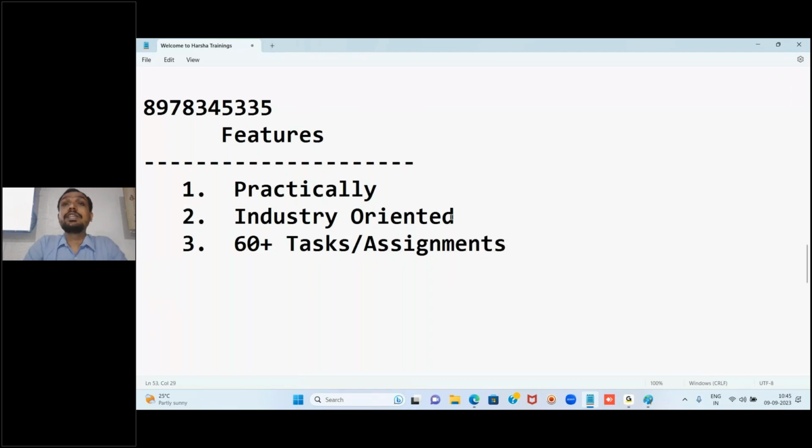I will be giving you 60 plus tasks and assignments. Clear? And guys, this is purely for you, not for me. If I design an assignment and give it, I get nothing. I told you the first point: practical. The moment you start anything, front end or back end, whatever it is, it is practical learning. So for that, I will be giving 60 plus tasks and assignments, ranging from intermediate level to advanced level, not small ones.